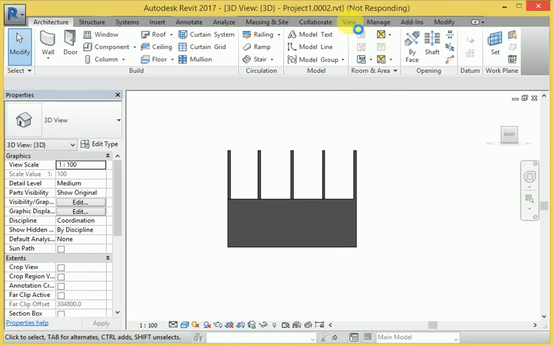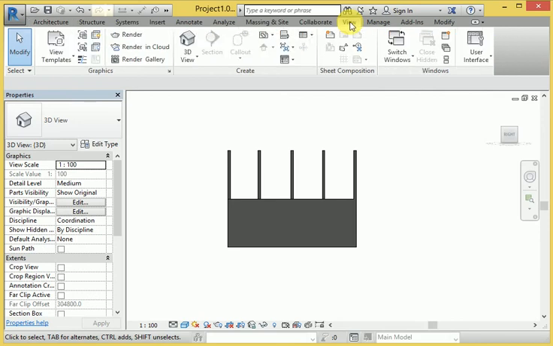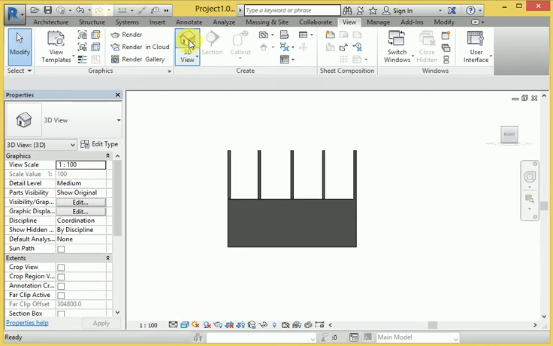Look at this here, you can see the view. Look here, view here. When you enter view, look at this one, 3D view. When again entering the 3D view, our whole diagram looks like a 3D view in isometric form.